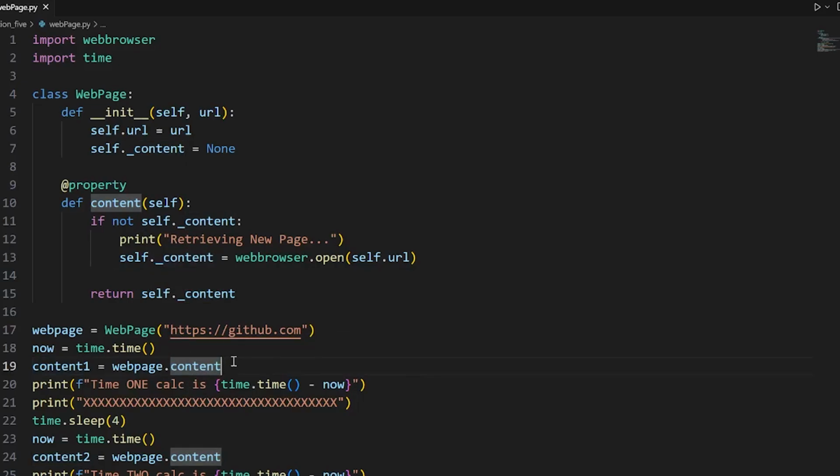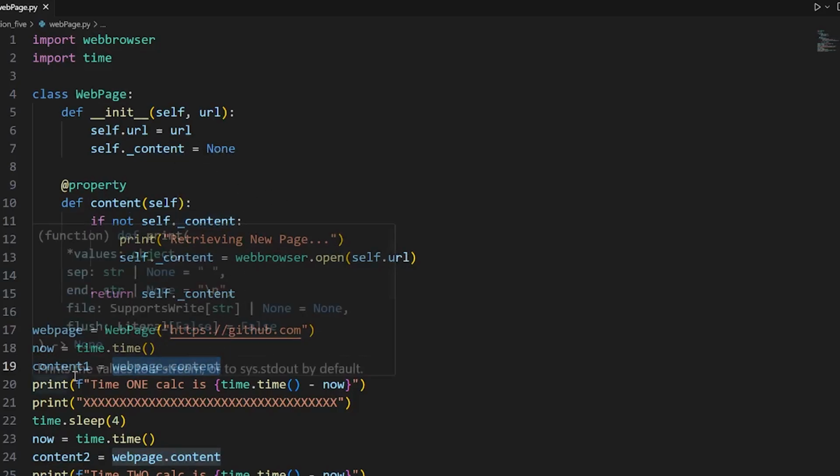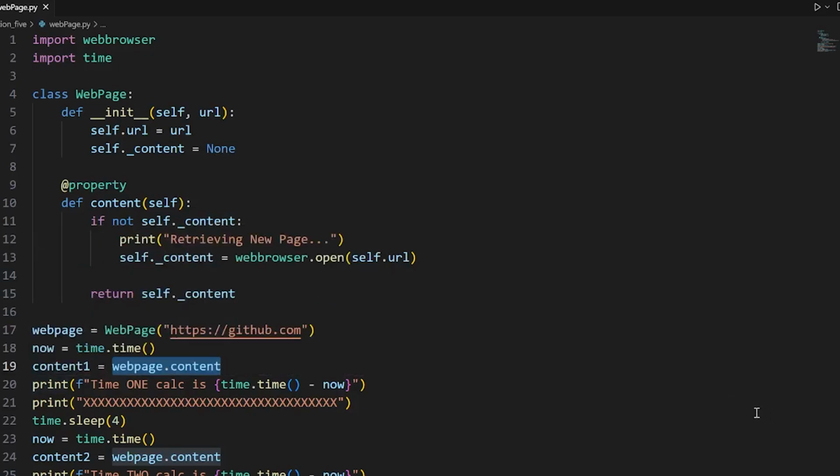In fact, I could have created all this in a different way. So self.content can be, the first time, read directly. I mean, this line could have been here. But what happened here, I'm just calling this as a property. Now, this particular line is saying whatever, if there is no information, go and read this particular page and store it in content1. So what I'm going to do now, just to show you the difference, I will print